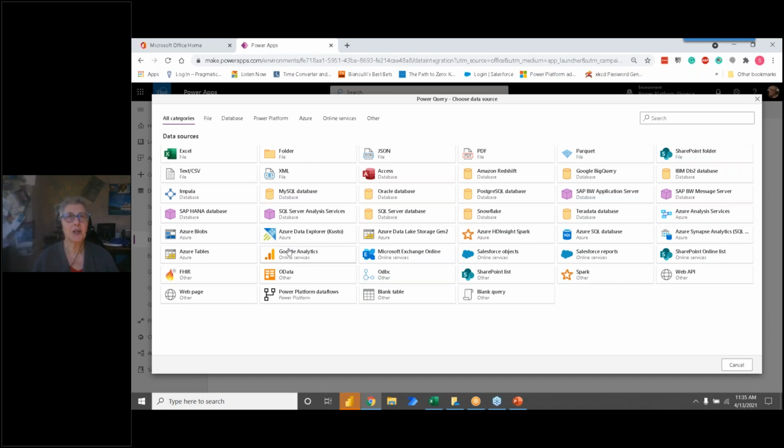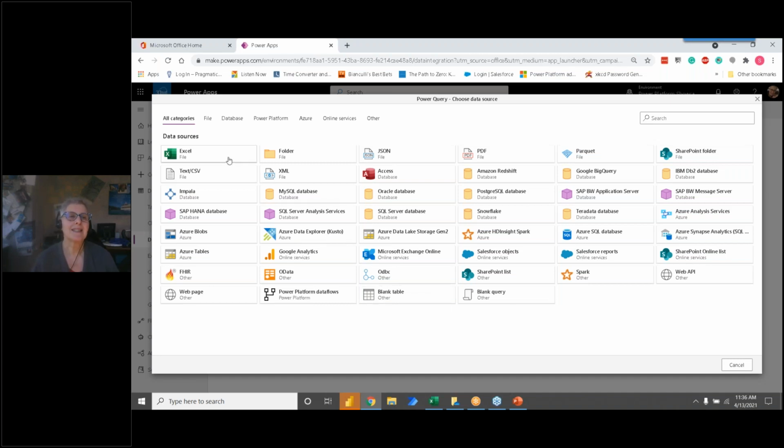And then the other thing I wanted to tell you about this is this interface has about 40 connectors, but there's another product that you can import. Basically, you're importing data flows, but it's a little bit more of a technical product. It's called Azure Data Factory, and Azure Data Factory has over 90 connectors. So if you don't have the connector that you need, first of all, you could create custom connectors. It's a little bit tricky. Or you can see if there is an appropriate connector in Azure Data Factory and try and go that route.